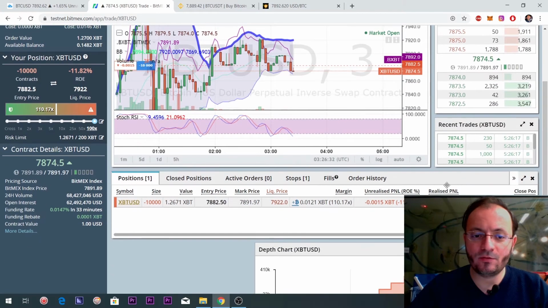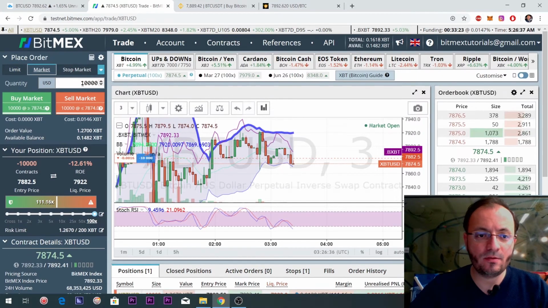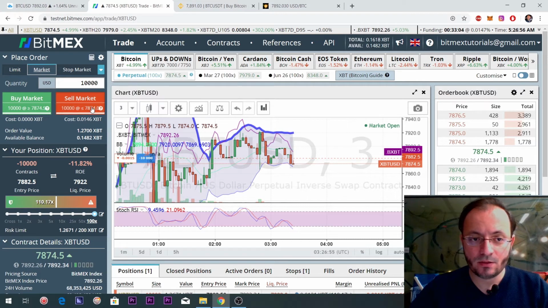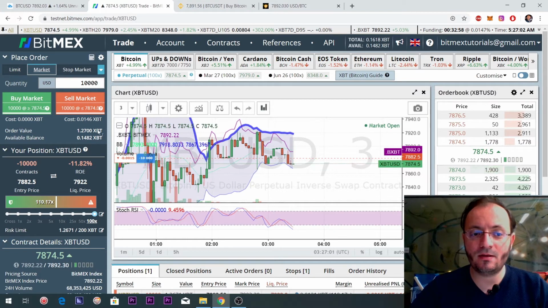Okay, what you will see here are your positions. So you have 10,000 contracts bought with only 0.0146 Bitcoin, which is around $114. These are $10,000, so you've played $10,000 with only